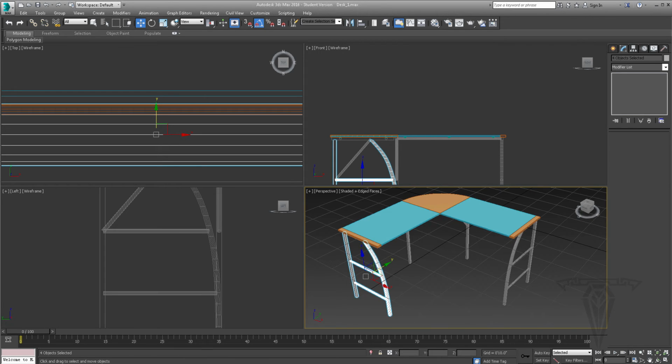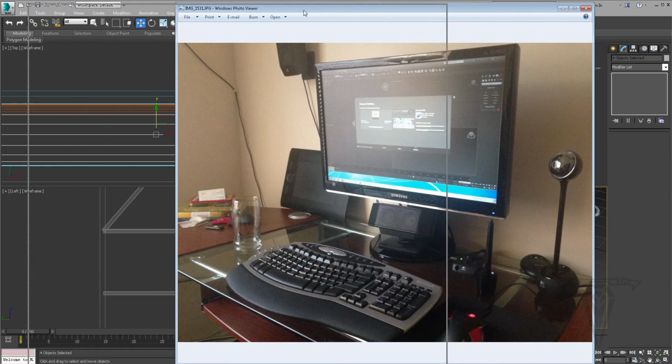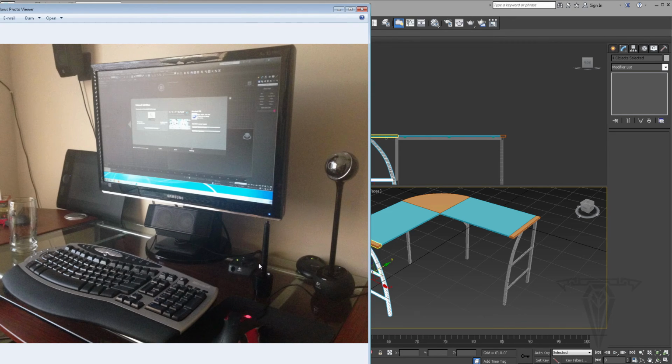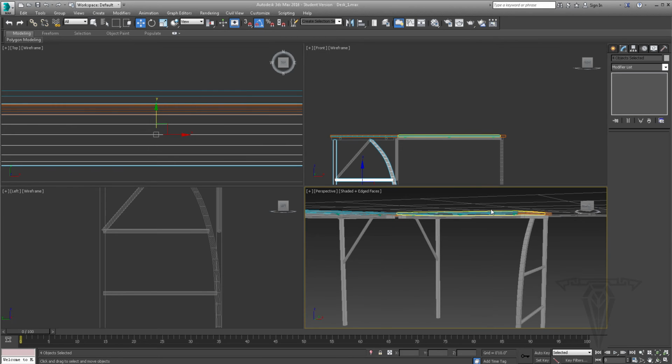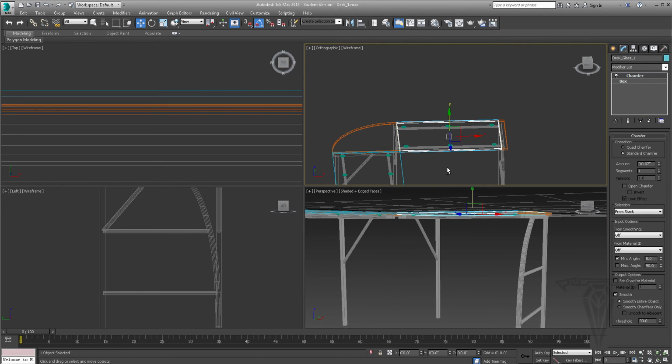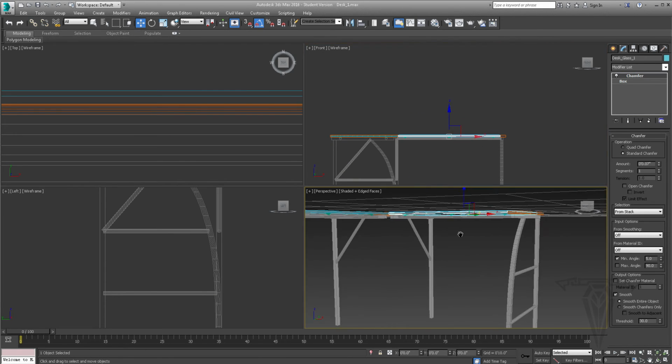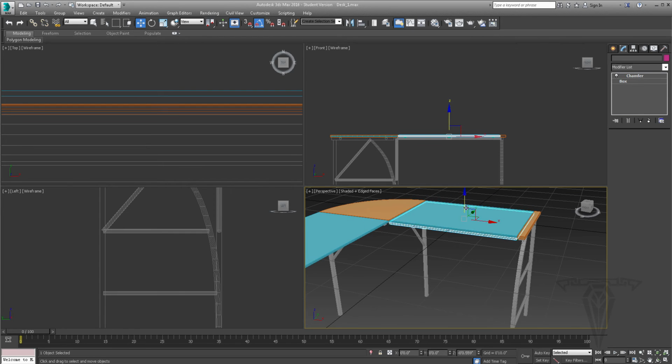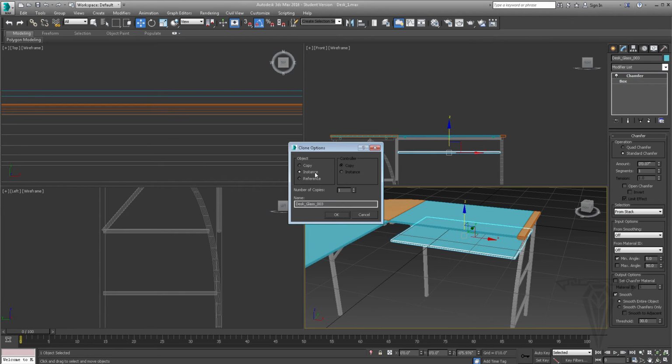Spectacular. So, reference image. I know most of this we don't see. There is a piece of wood going through the back here. I might model that out later, and it's just connecting to the two back legs. So it'd be another box. In fact, actually, let's just do that real quick. So I can select the glass. Oops, switch that back to front. Hold down Shift, drag it down. I'll call it a copy, back wood